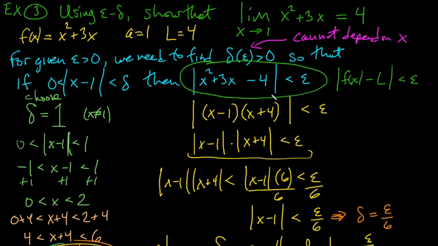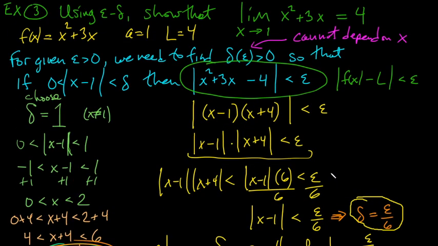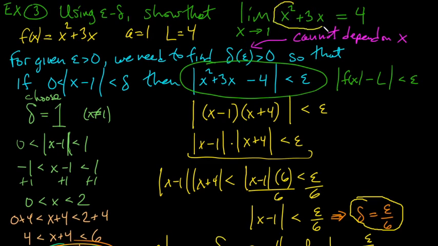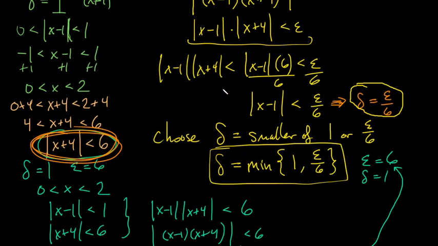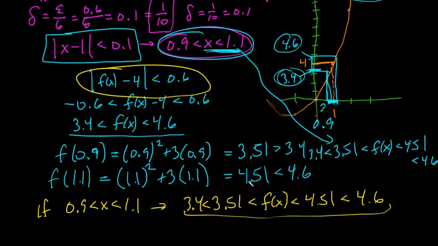Again, I know this is tricky, especially with first picking delta to be 1 and then later finding it to be epsilon over 6 and then just taking the minimum of the two. It's a little bit subtle, so I really wouldn't worry about that, especially if you can do examples like 1 and 2 with the linear functions. Those are more routine because the math works out a lot better than this. It's because this was a quadratic function, the x squared, that ruined it and made this a bit more difficult. So as I said, I'm not going to emphasize this,